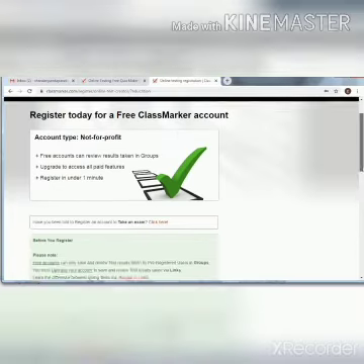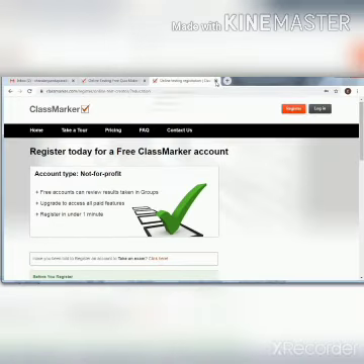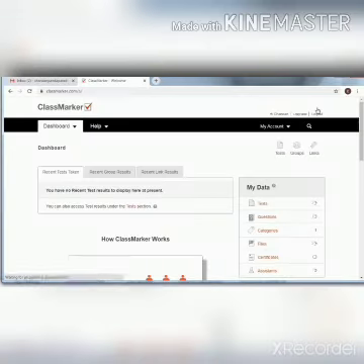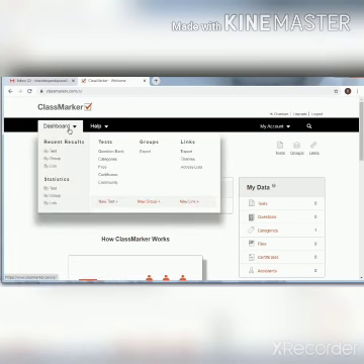Now see that I have already registered with Classmarker. After registering, you will find this screen. Here I have given the user ID as Xavier19 and the password that I have given. After that, click on the login option. When you click on login, you will find a screen. On the left hand side, you can find a dashboard. In the dashboard, you can find recent results, by test, by group, by link and help.